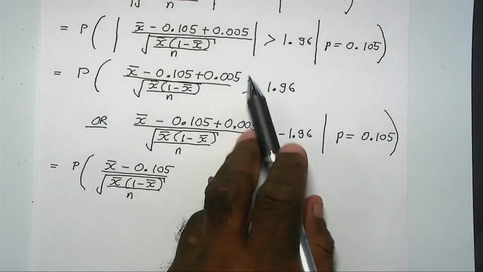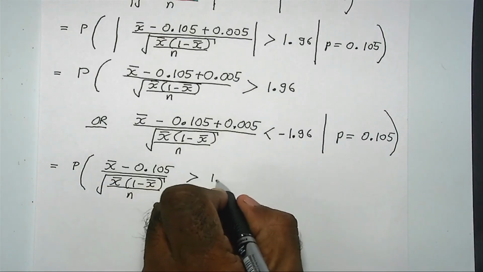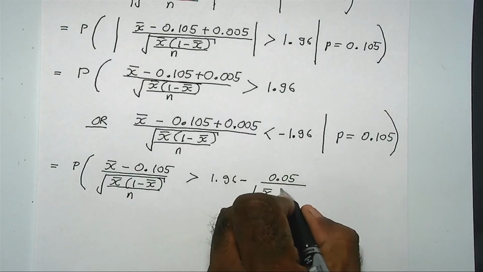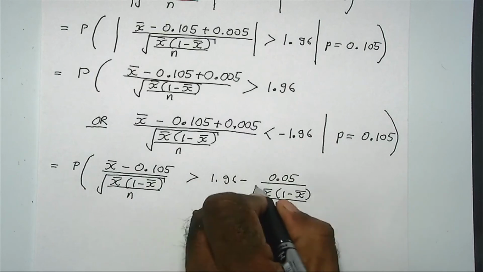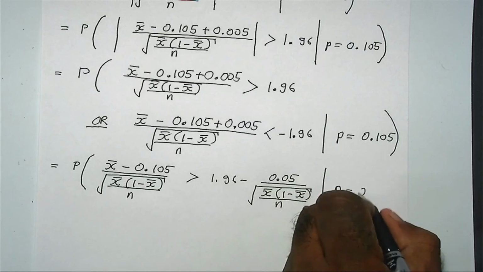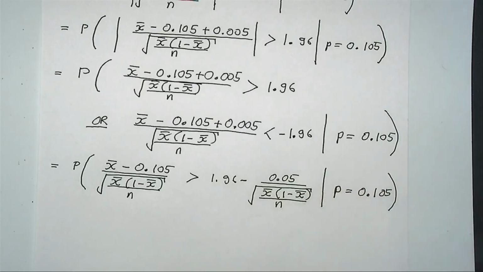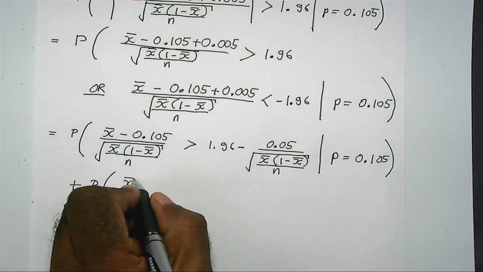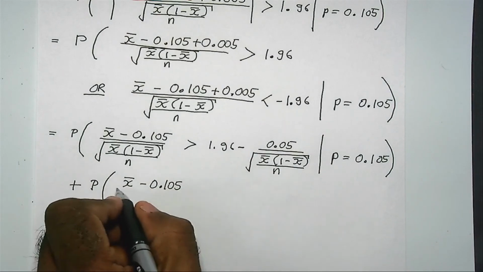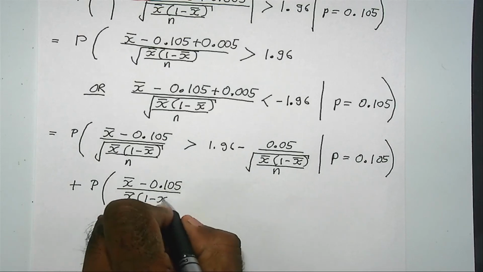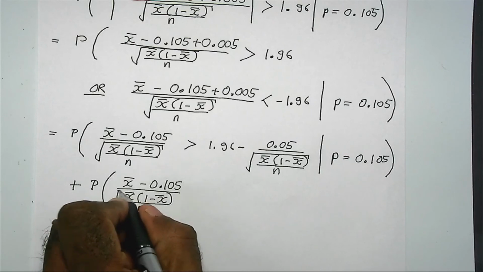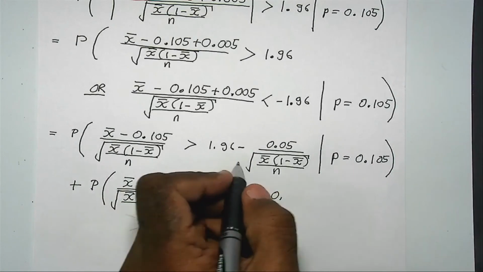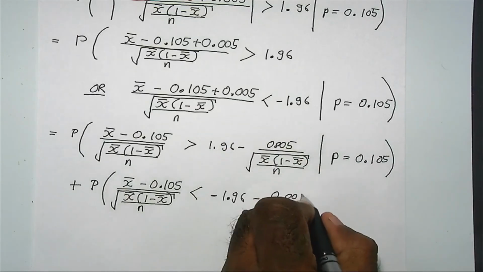I'm going to take the third term here, which is this one, to the right hand side, so it will be 1.96 minus, and plus the probability that this is 0.005 divided by